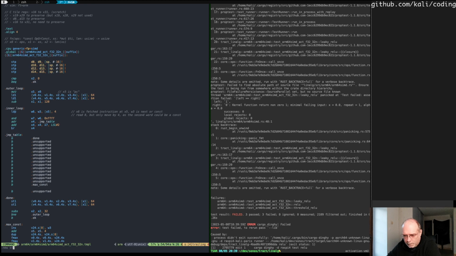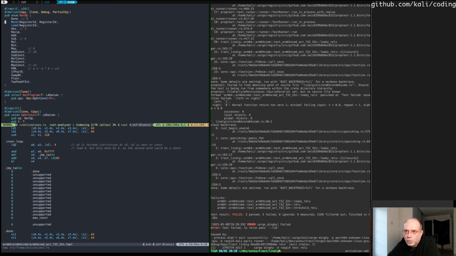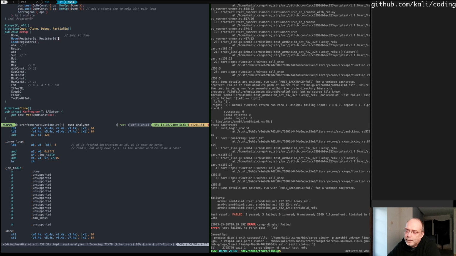So src activations, src frame activations .rs, and we have this kernel ops. So I'm going to add jump to comment down. Tab doesn't work in this situation. Jump to